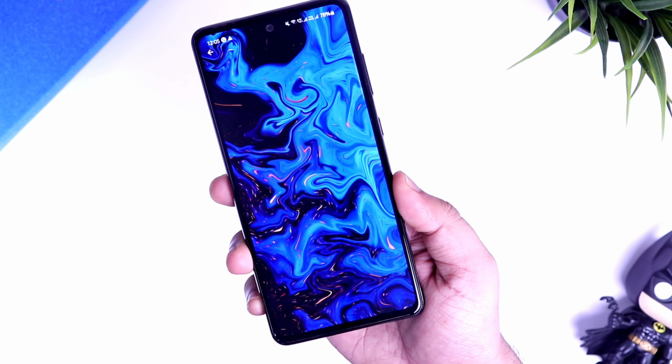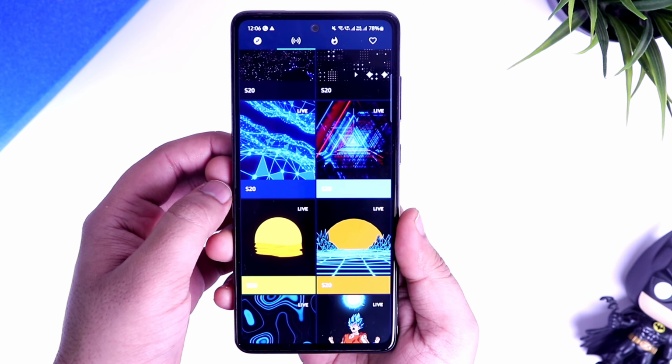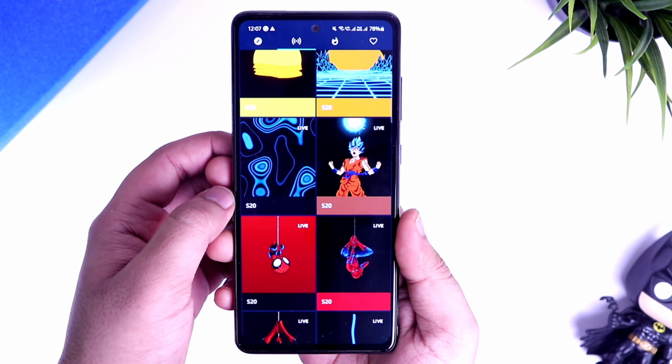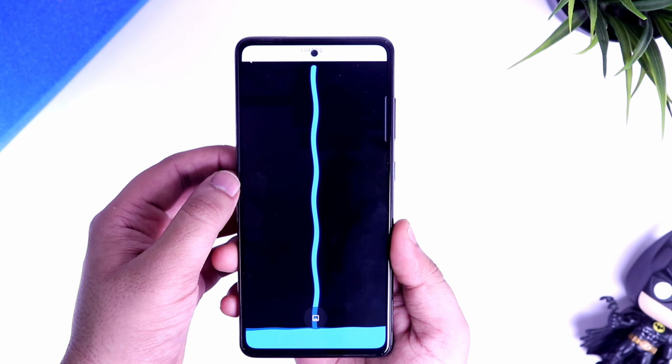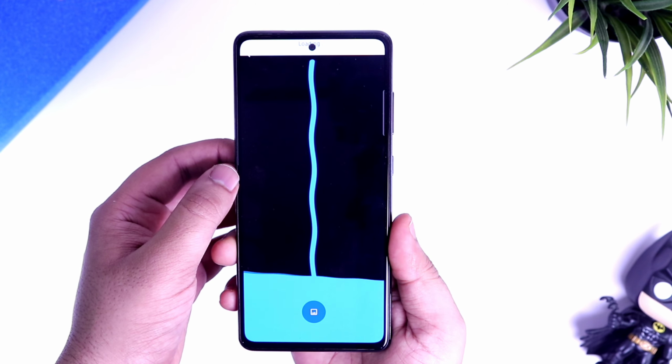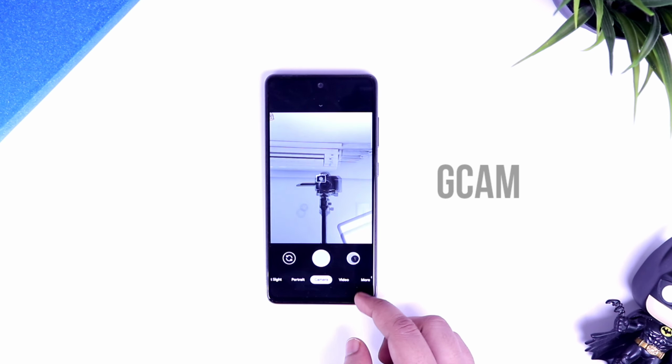Now all these wallpapers are really high quality, they are vibrant, and the best part is they are absolutely free. Apart from these beautiful wallpapers, you also get a separate live section which offers a bunch of live animated wallpapers, and I think this will look great especially on the lock screen. It's one of the best wallpaper apps that you can get for your Samsung Galaxy phone. Definitely try it out.